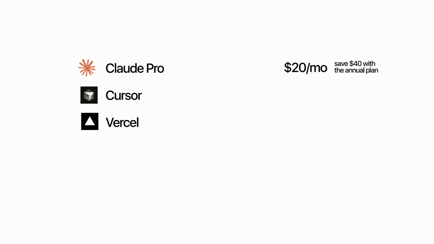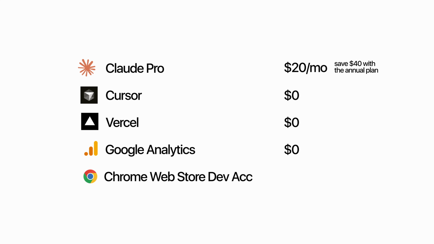It's free. Here's what this actually costs me. I'm on Claude Pro, which is $20 a month, but I signed up for the annual plan, so that saves me about $40 a year. Cursor, Vercel, Google Analytics are all free. The only other thing I paid for was a Google Chrome developer account, which is a one-time $5 fee to